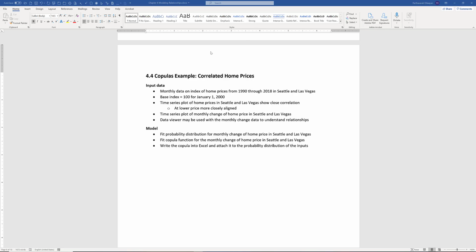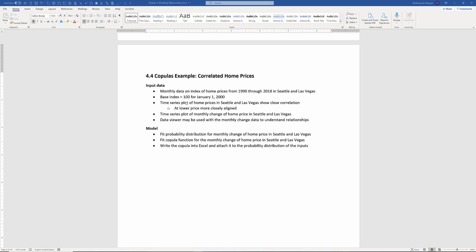Okay, we're going to use the correlated home prices example to illustrate fitting of copula functions. So we have input data of monthly data on prices from two cities, Seattle and Las Vegas. Now the prices are not actual prices, but an indexed price, with the price as of January 1st, 2000 indexed at 100, and relative to that 100, what are the prices starting from January 1990 all the way through